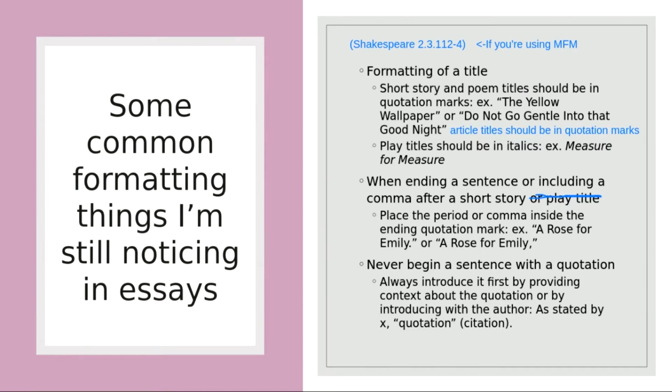Now, another thing that I'm noticing is there are still some issues with in-text citation formatting. All right, so I wanted to put that out there really quickly. Remember, if you're using Shakespeare, right, that's a new one, so use this guy up at the top here, the act, scene, line formatting. If you're using short stories that have pagination, for example, The Yellow Wallpaper, that would be cited Gilman 14, right? If you're working with A Rose for Emily, with our edition of A Rose for Emily, there are no page numbers on that.